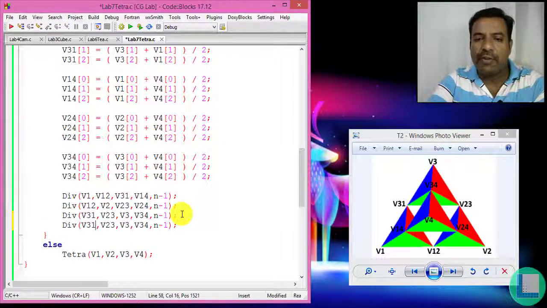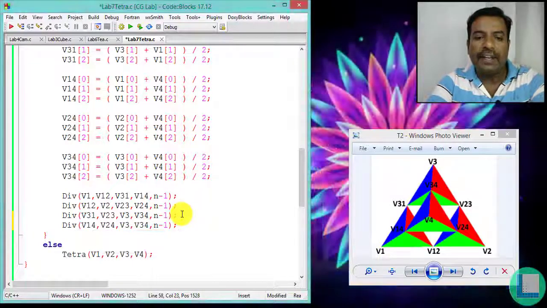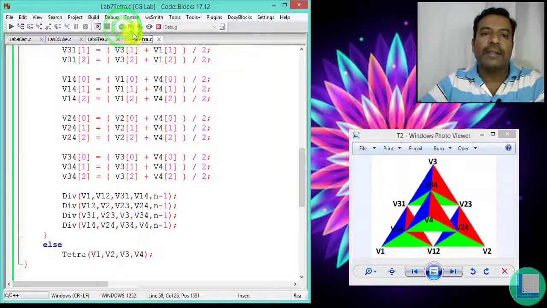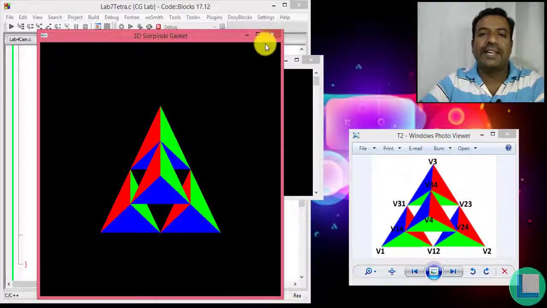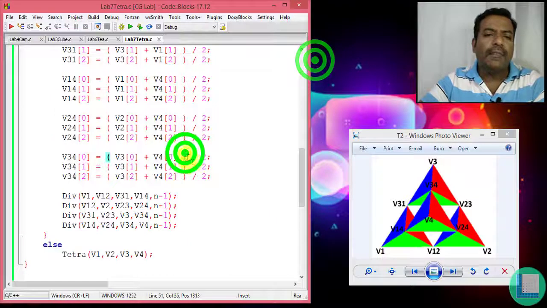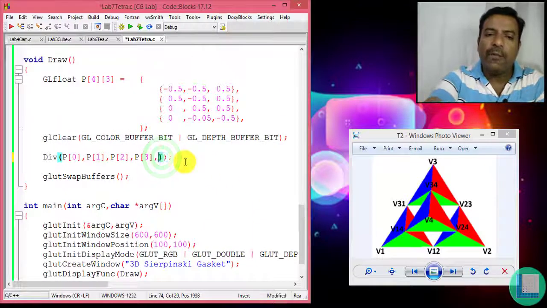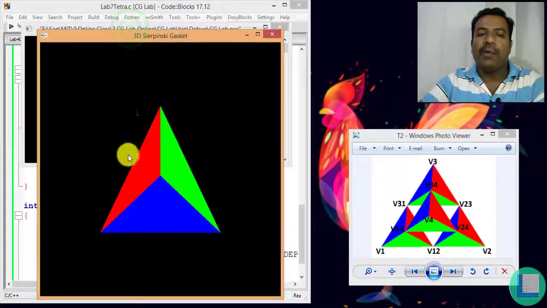Here the base uses the tips of the first three tetrahedrons, V14, V24 and V34, and the tip of the 4th tetrahedron is V4. Now compile this and execute. Now this is the tetrahedron, or Sierpinski gasket, that we have got, the 3D Sierpinski gasket. Fine. So now using this recursion, for one division, if I say it as 0, as we have developed it recursively, I'm going to end up with only one tetrahedron without any division.